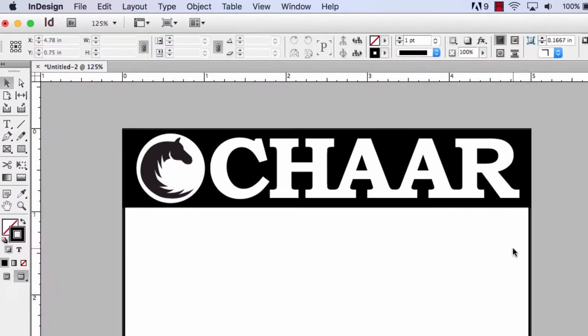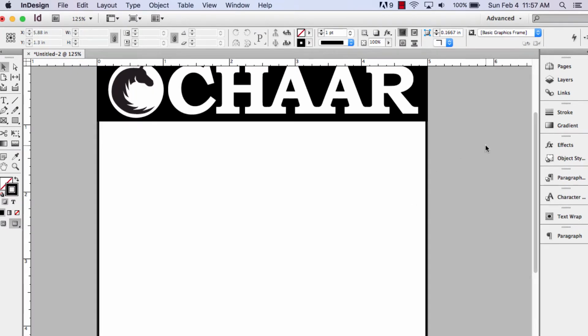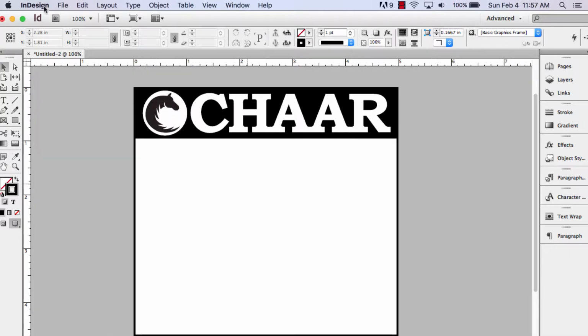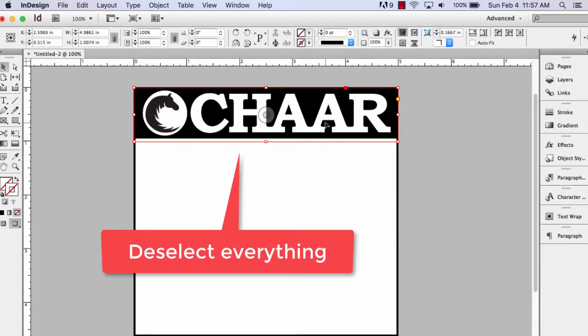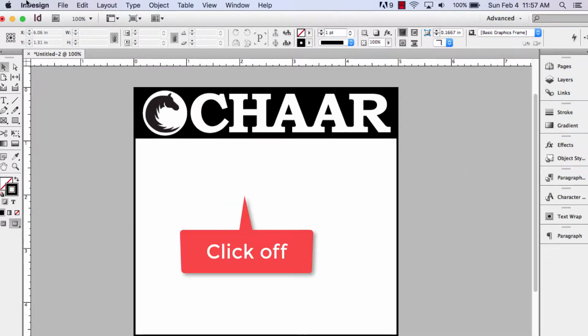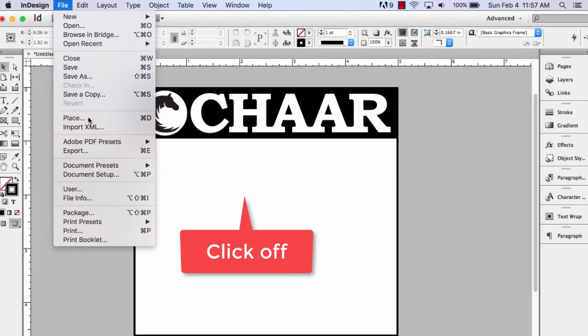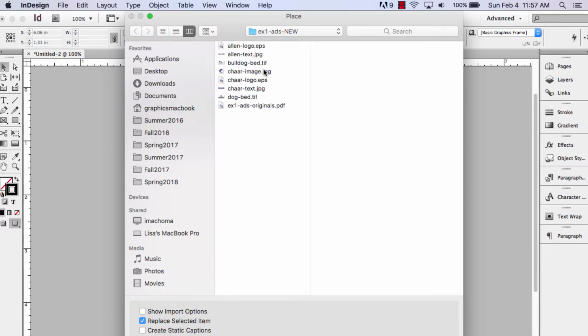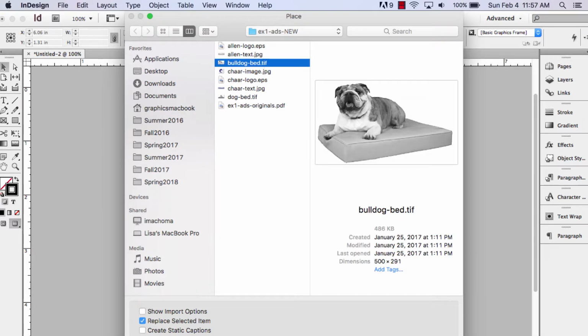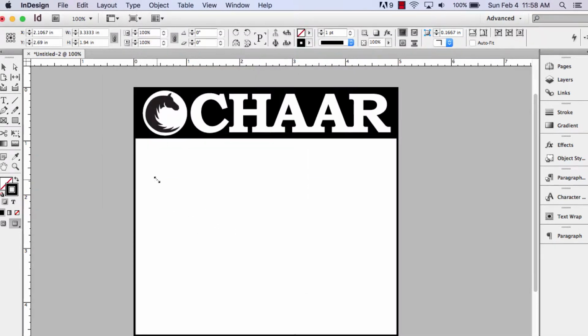The only other graphic we're going to need on here is going to be our dog. So we're going to bring in a TIFF file, which is going to be a grayscale graphic. Let me zoom out a little. And again, I'll make sure nothing's selected. Make sure this thing isn't selected, because you could place the graphic inside that frame by mistake. So click off and make sure nothing's selected. And we're going to go File, Place, and we're going to bring in our dog. And I'll bring in the bulldog because it's just kind of a cute looking dog